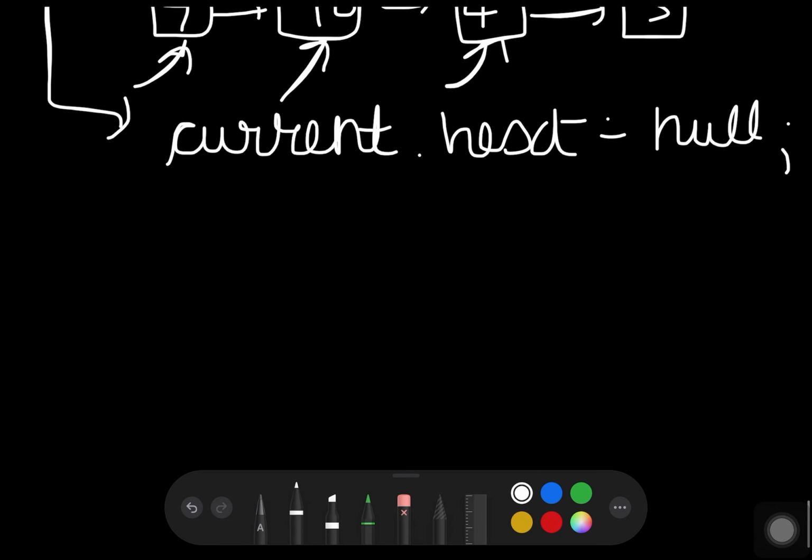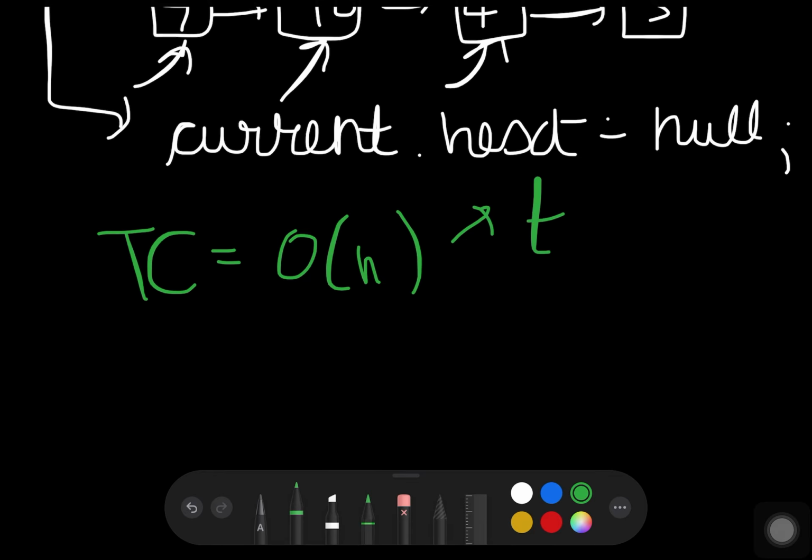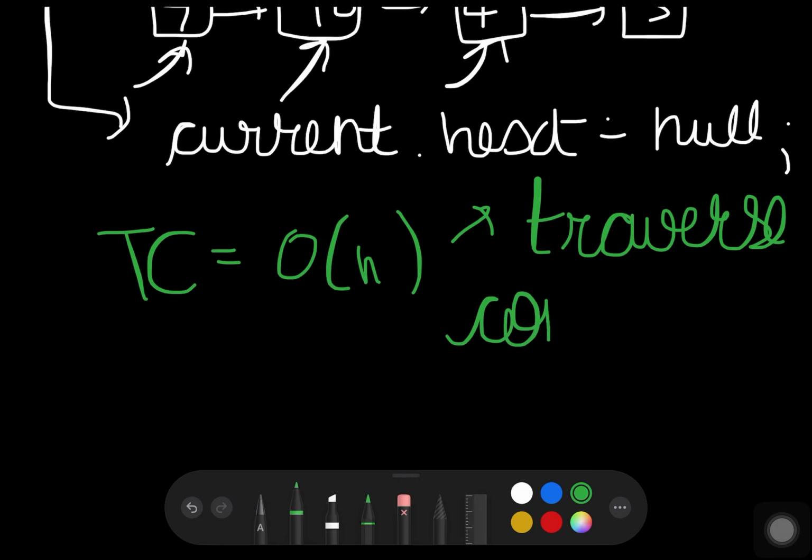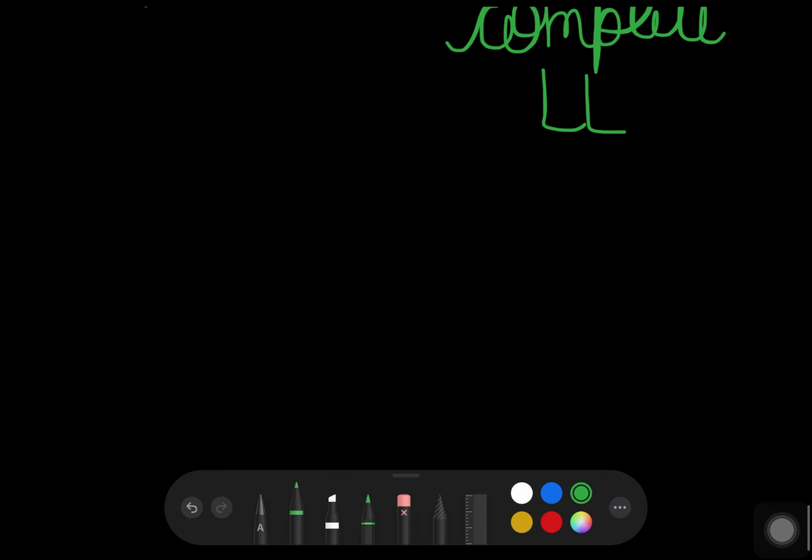As is visible, we can easily see that the time complexity for this operation is also big O of n, because we need to traverse the complete linked list in order to delete the last element. I hope that makes it clear.